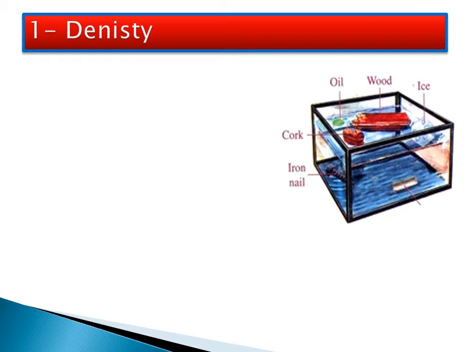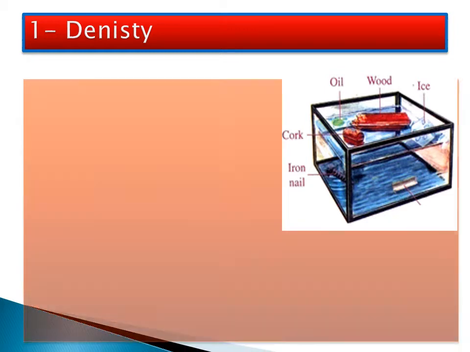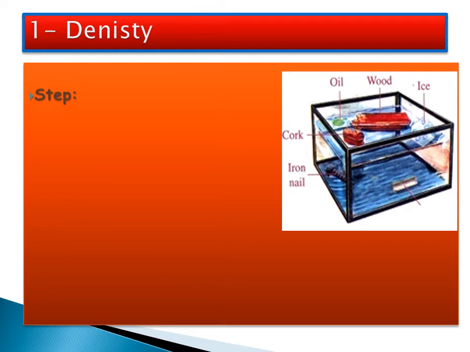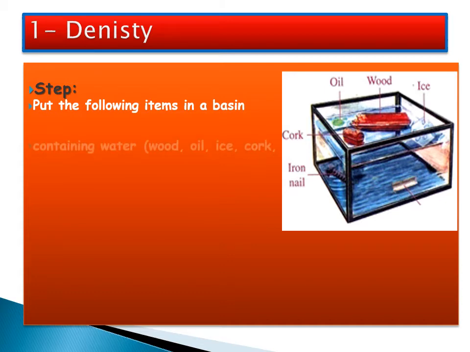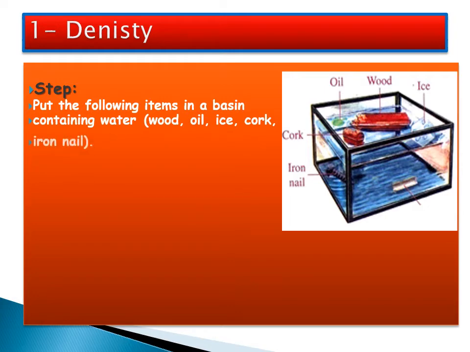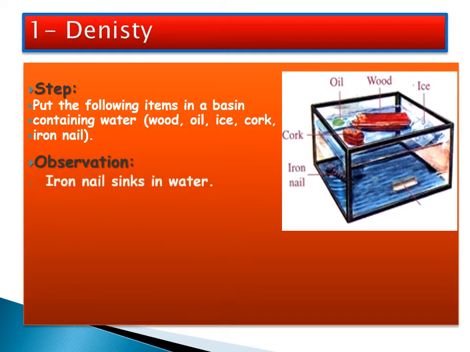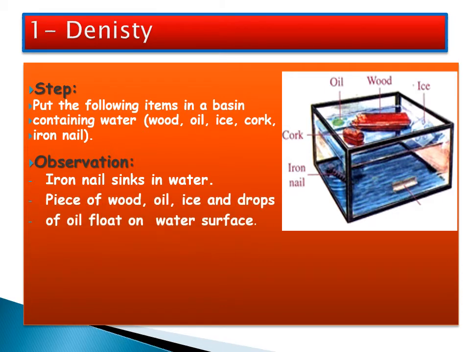As you see in this picture, we bring a basin containing water and some different materials like ice, wood, oil, cork, and an iron nail, and put all of them in this basin containing water. We notice that some of them float on the water surface and the others sink. We note that ice, wood, oil, and cork float on the water surface, but the iron nail only sinks in